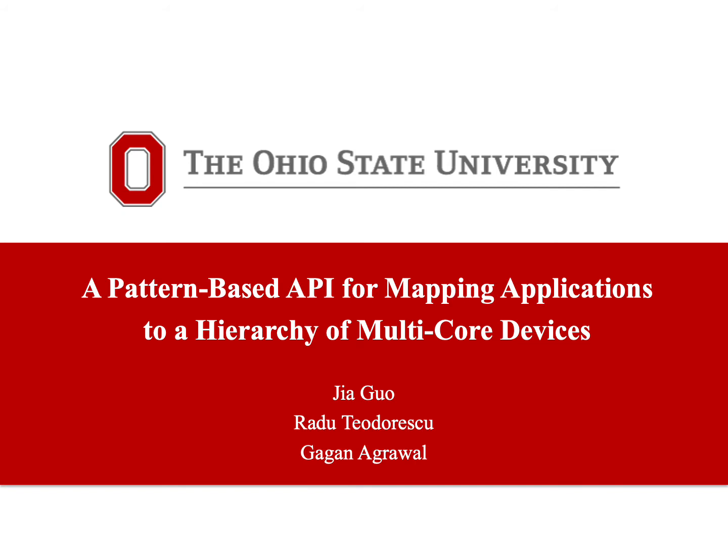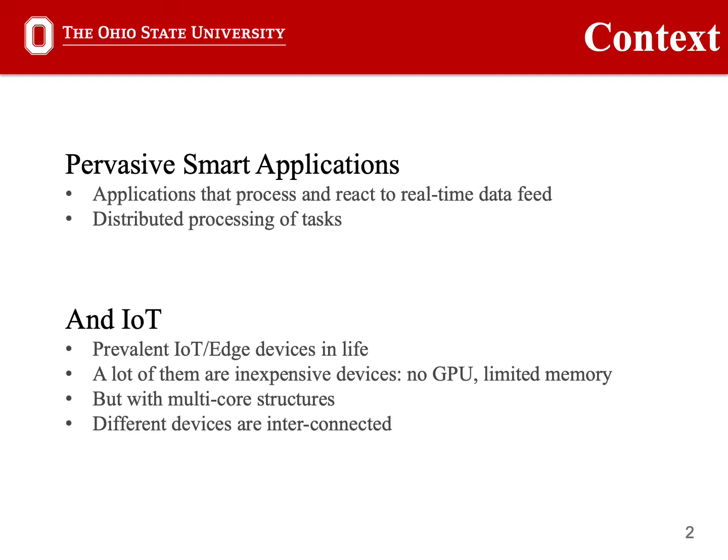In this presentation, I'm gonna introduce our pattern-based API for mapping applications to a hierarchy of multi-core devices. Specifically, we target certain types of applications which process and react to real-time data feed and distribute processing of tasks among central and edge devices. We try to provide a general set of APIs so that these applications can be easily mapped to different multi-core